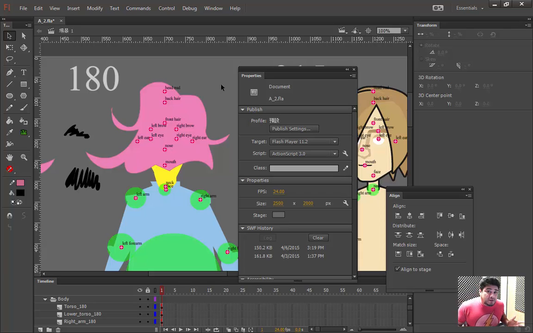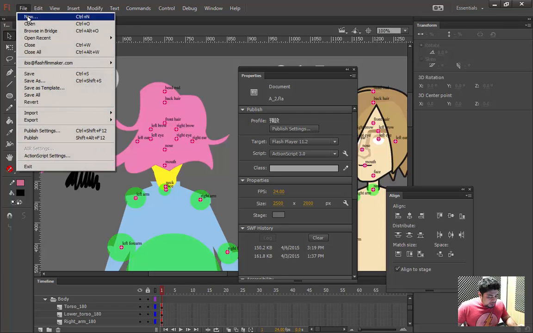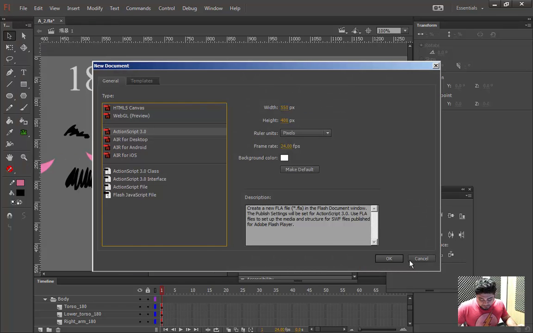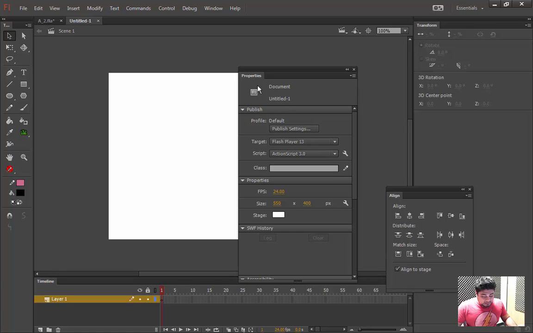I don't know what your experience level is with Flash, but I'm gonna backtrack a little bit, and I'm gonna go over a few basic concepts that will help pretty much anybody else who may be looking at this video get a better understanding of how to work with Flash, and through that basically how to work with these type of characters, how to create these templates from scratch if you need to. So I'm going to create a new project in Flash real quick, just so I can have something to work with that's blank. And basically